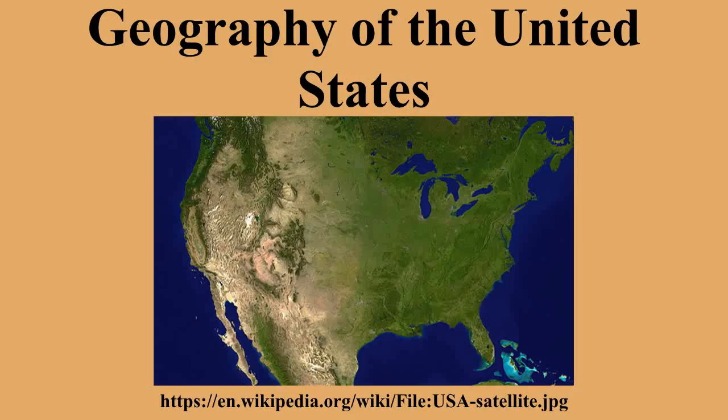48 of the states are in the single region between Canada and Mexico. This group is referred to, with varying precision and formality, as the continental or contiguous United States, and as the lower 48. Alaska, which is not included in the term contiguous United States, is at the northwestern end of North America, separated from the lower 48 by Canada. The capital city, Washington, District of Columbia, is a federal district located on land donated by the state of Maryland.